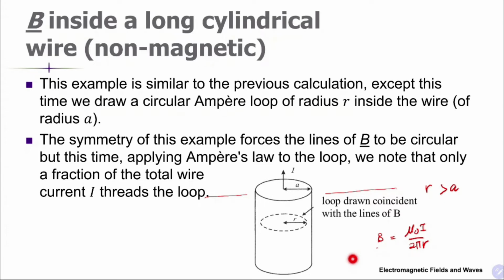But we can also find the magnetic flux density inside the wire itself. The overall current on this wire is I. So you can find the current at a distance r from the center